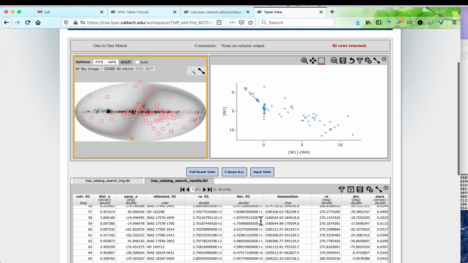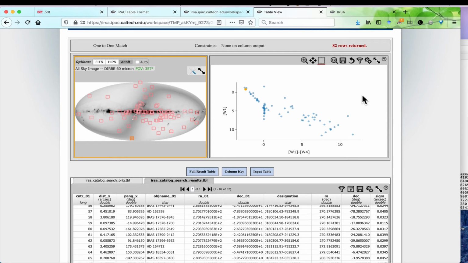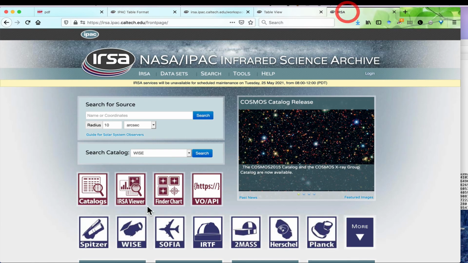I can send my student into the archives to figure out what's going on with that source that didn't have a right ascension and declination. I can send them in to use URSA tools to figure out whether or not those are saturated, and I can have them use URSA tools to investigate those sources and see if their apparent infrared excesses are real. The tool that I would have them use to investigate those things is Finder Chart.